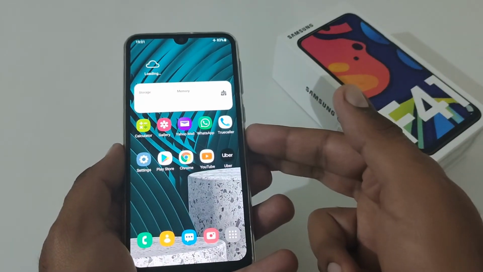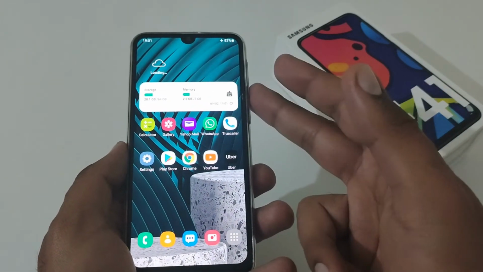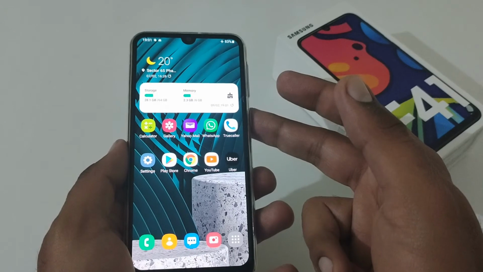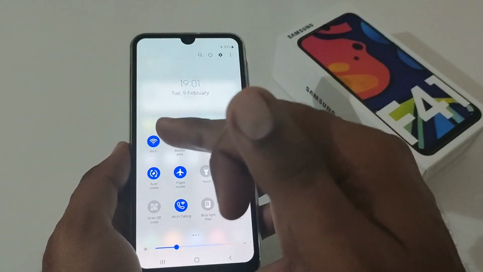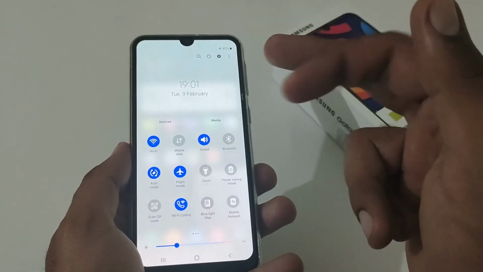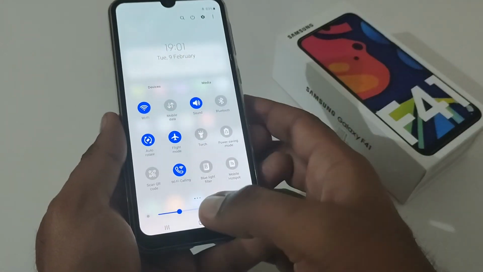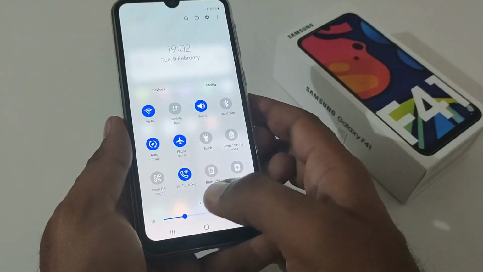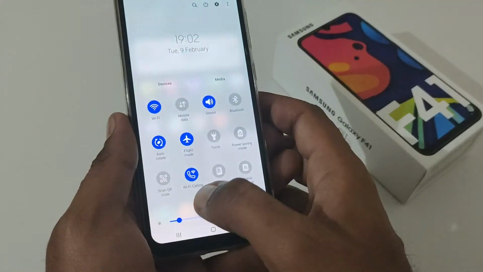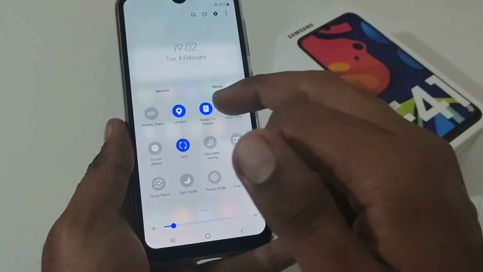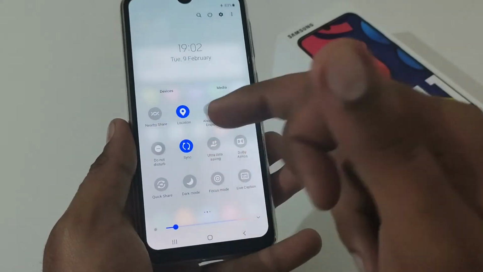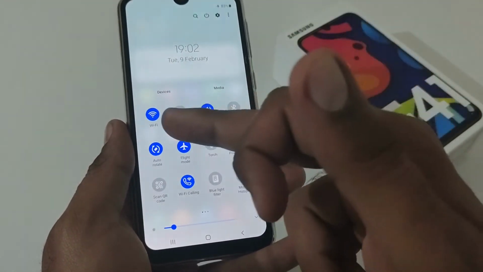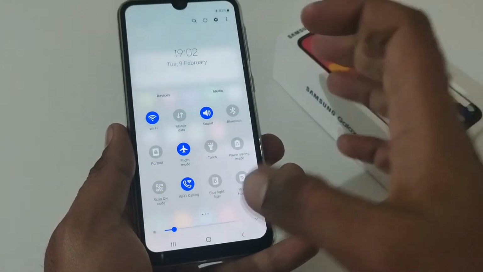It will take some time to load a few things, because this is the initial boot after rebooting. Now let me show you. First, Wi-Fi is showing connectivity, but it is not connected to any Wi-Fi because the Wi-Fi settings have been reset. Even my brightness bar has been reset to the default; let me set it to the one I like. Always on display has been reset, Do Not Disturb has been reset, auto rotate has been reset, and so on.